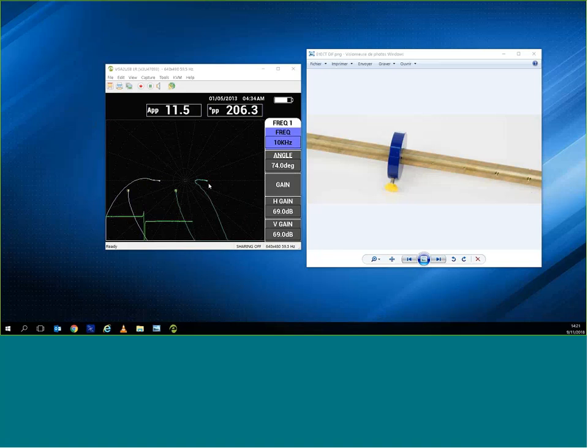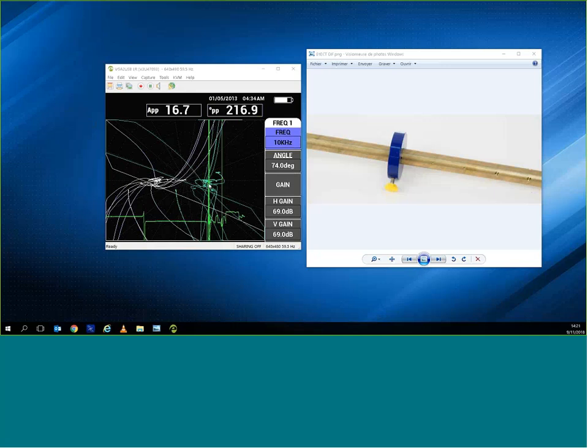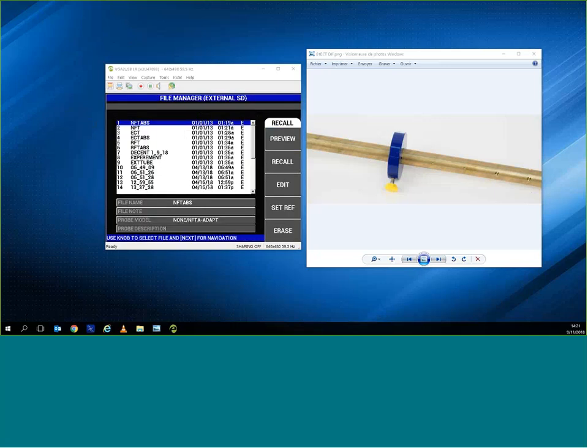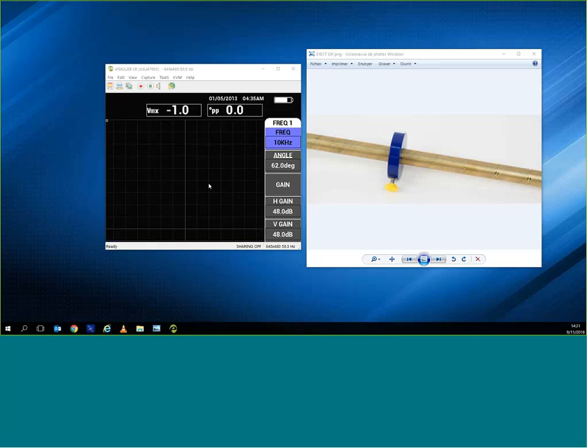All right, now we're going to switch over to the absolute. So I'm going to load the eddy current absolute setup file. I'm going to recall. So once again, whenever you start, you just null. All your settings have been previously set up, so we're not going to touch anything else. I just have to null. And what we're looking at now,